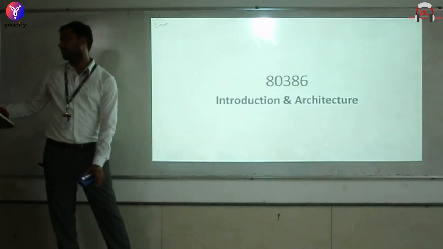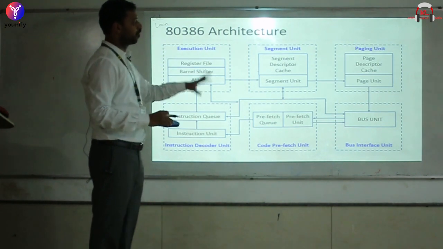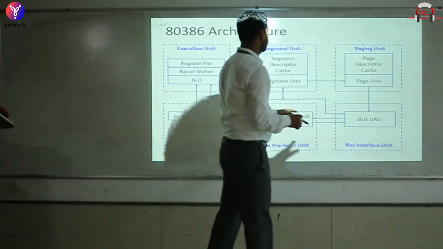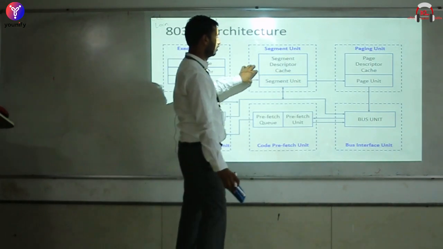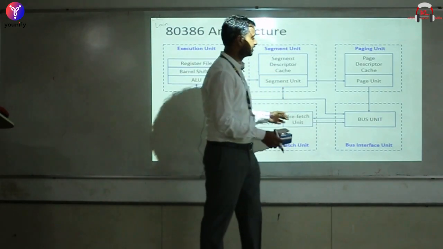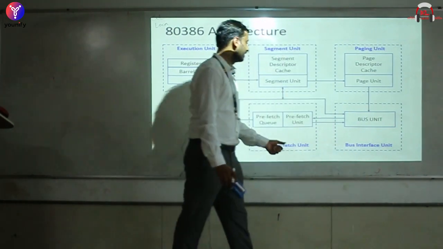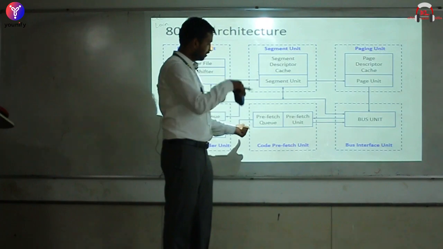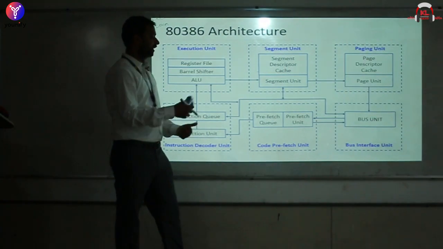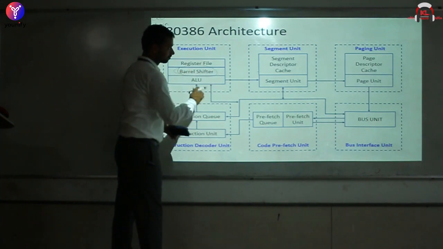We have 4 different privilege levels, and in continuation we have the 386 processor. From 4 parts we ended up having 6 different parts. Addressing is done by more units here. We have a segment unit, and we have a paging unit, which is a new part here. Paging was first introduced in the 386. We have a bus interface unit which will generate the address and data bus and bring in the data, and we have a prefetch queue, and then an instruction queue which will decode, and then the execution unit. We have the same, and the barrel shifter is an additional